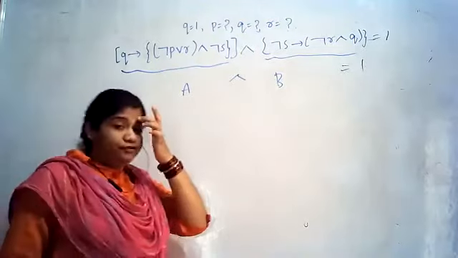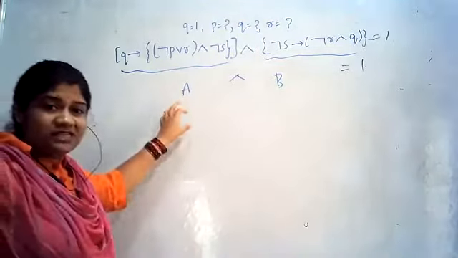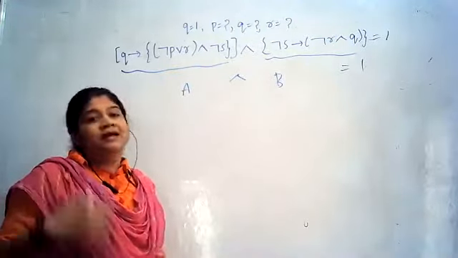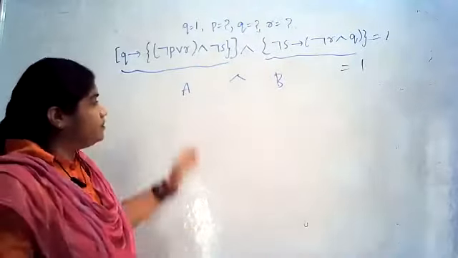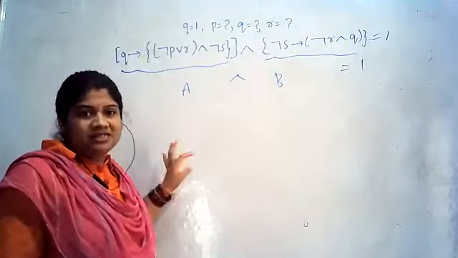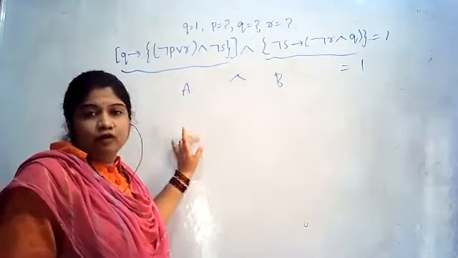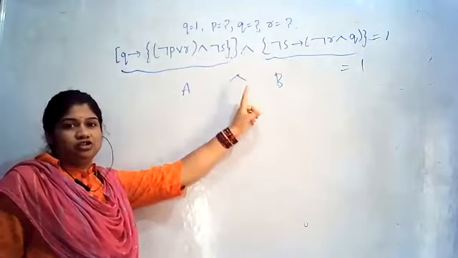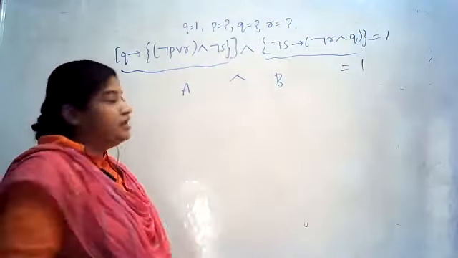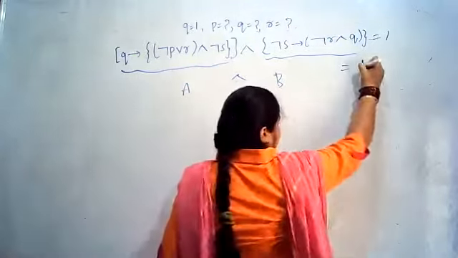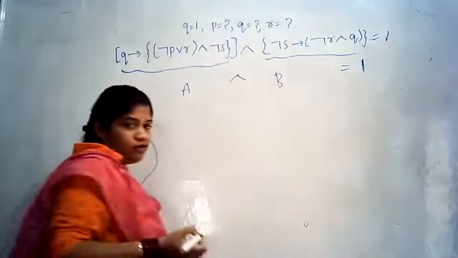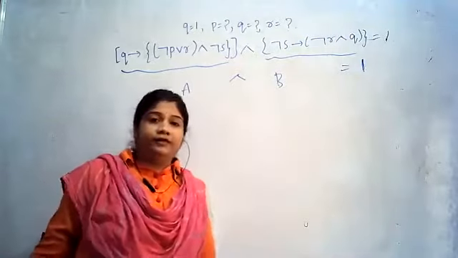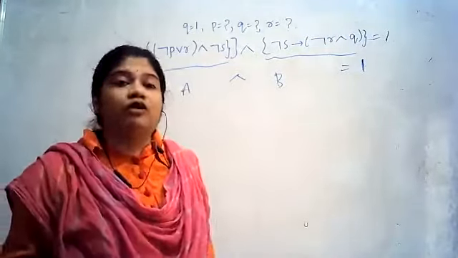Now we need to find out separately what A and B are. First we'll solve by simple steps. First I will tell the problem; later if you have any doubts you ask me. Part by part I will be going on telling. Just listen, don't copy. I will give time to copy later. Consider this to be A, and this to be B. This is equal to 1, they have already given this answer. First we need to find out what is the value of A and what is the value of B.